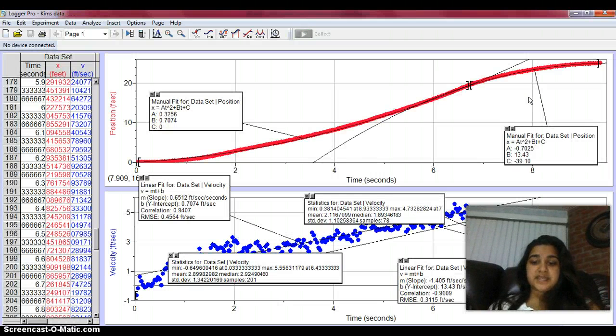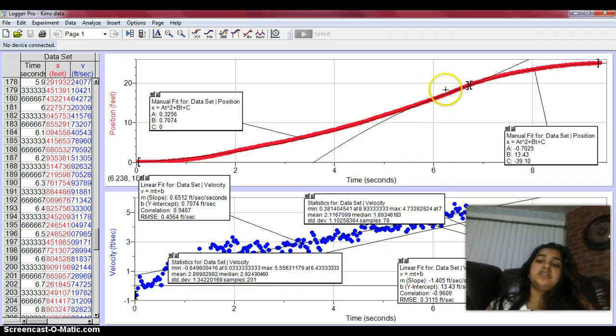So this is Kim's data, or like the data from Kim's car, and the top graph, the one with the red curve, which is the acceleration and deceleration, is the position versus time graph, and the mass of the car is,